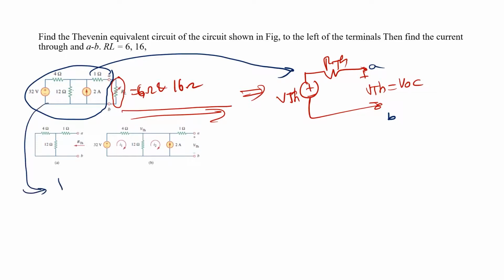First I am going to find RTH. What is RTH? To find RTH, all independent sources should be turned off. If a voltage source is there, what happened? It is short, and the current source is open. You just see that this is the current source, this is a voltage source, so what happened? It becomes short. Then the resistors are there, this is the 4 ohm, and this is the 12 ohm,